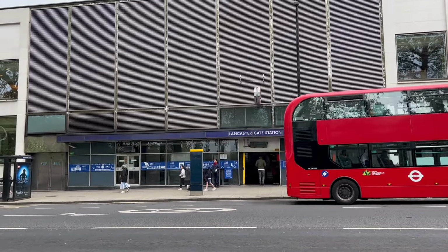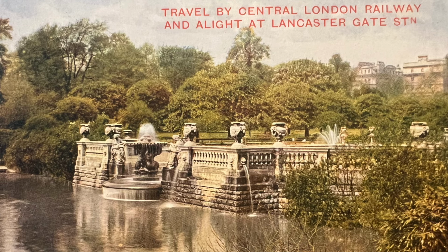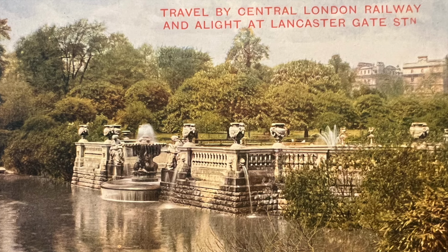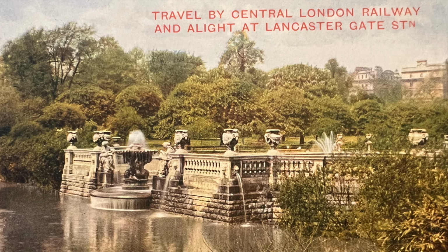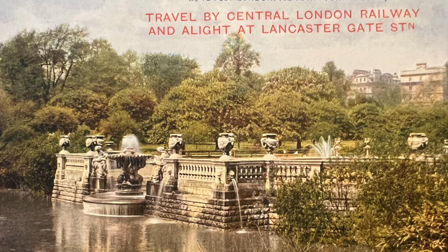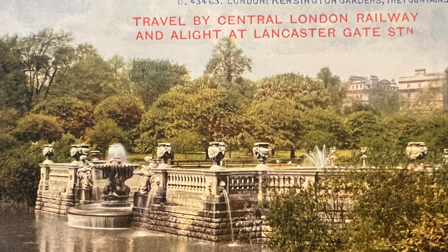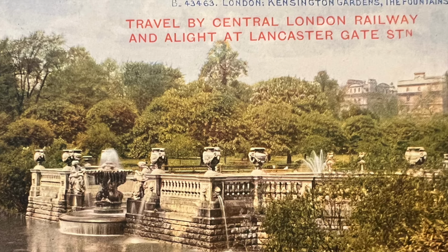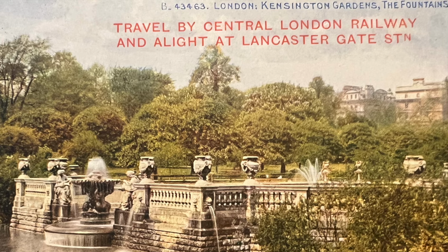Good evening. Today we are looking at Lancaster Gate. Why? Well, I found this postcard. Sometimes I get inspiration from history, sometimes from current events, and sometimes I'm just having a clear out. The postcard dates from about 1912. It depicts the Italian fountains at Kensington Gardens, and it's pretty explicit about the fact that it's propaganda for the